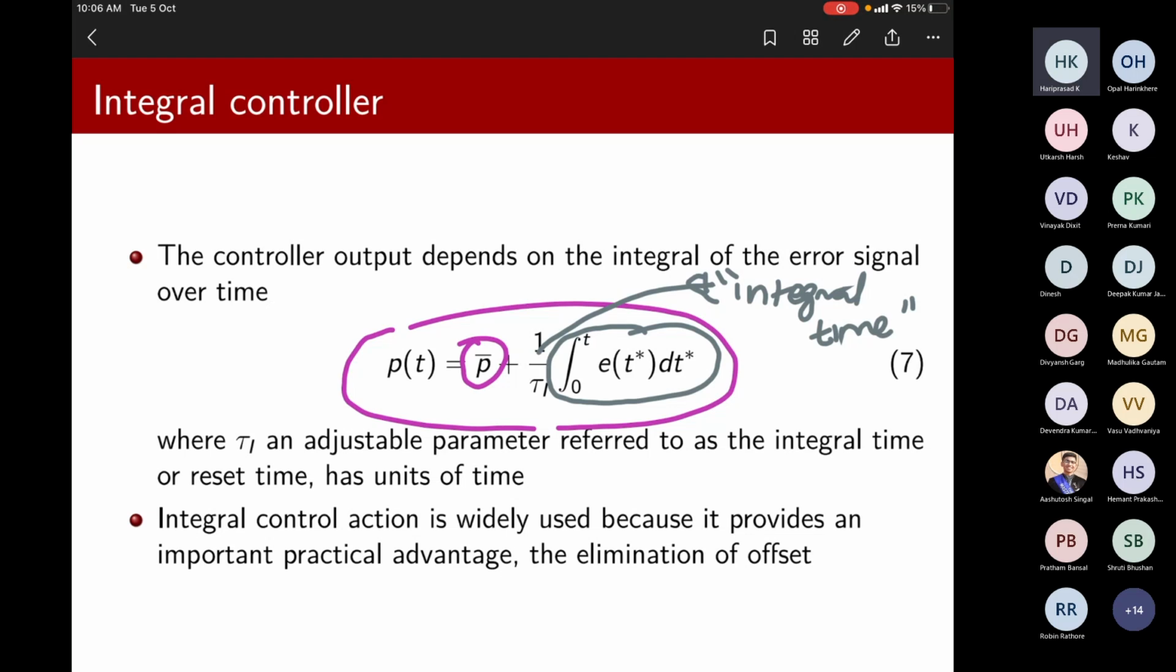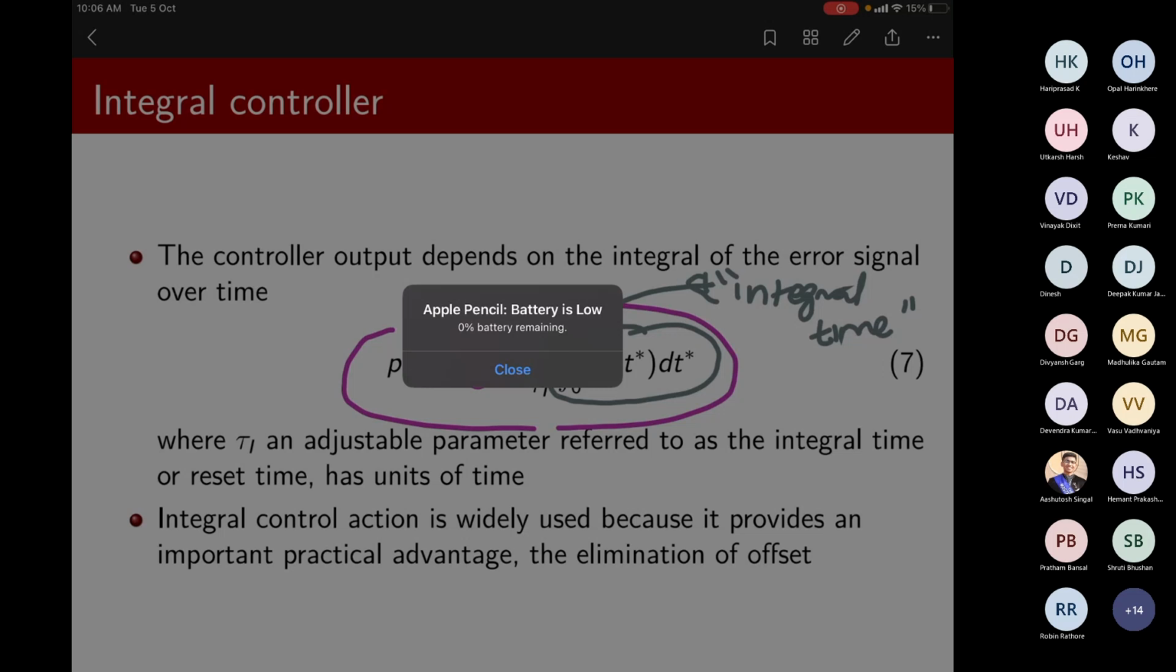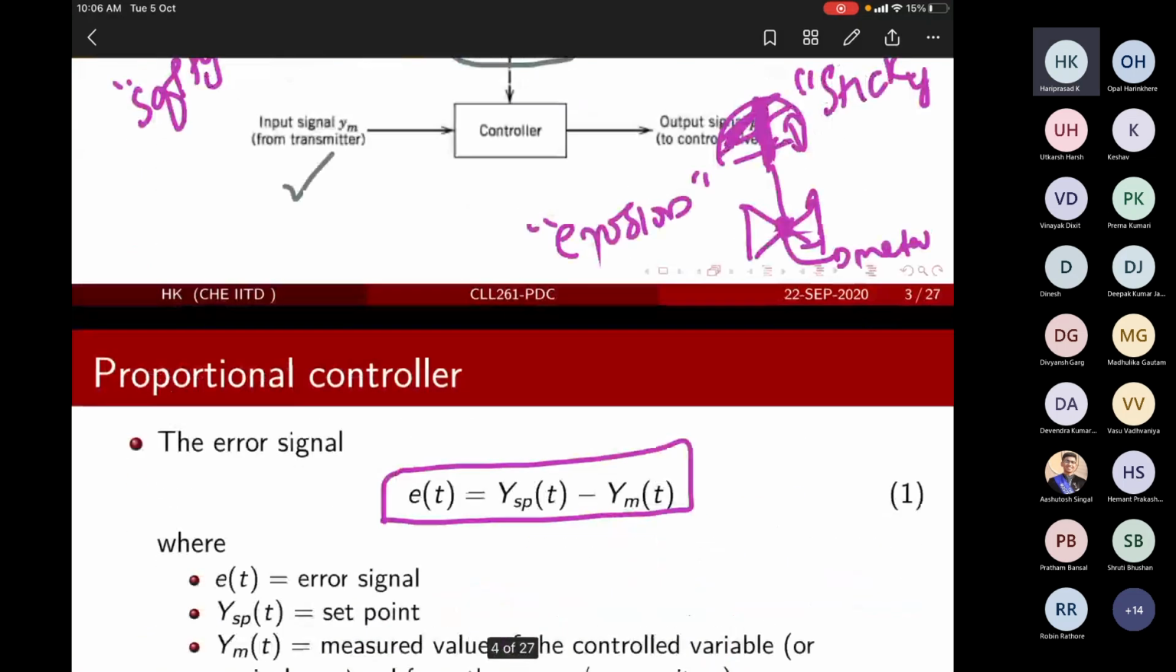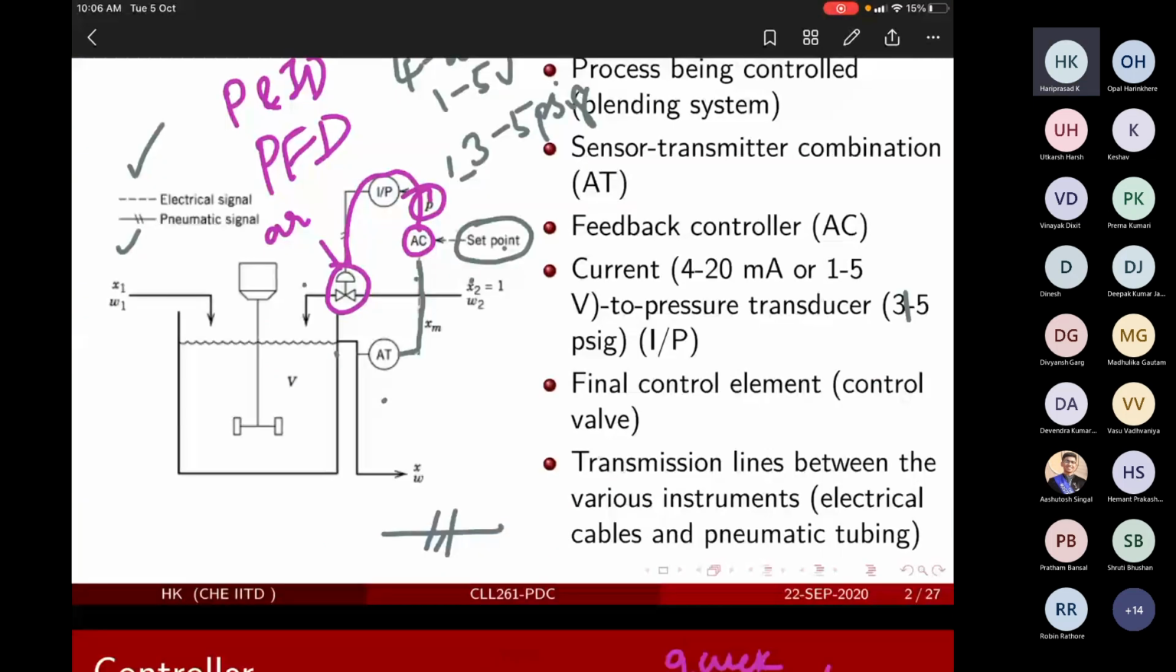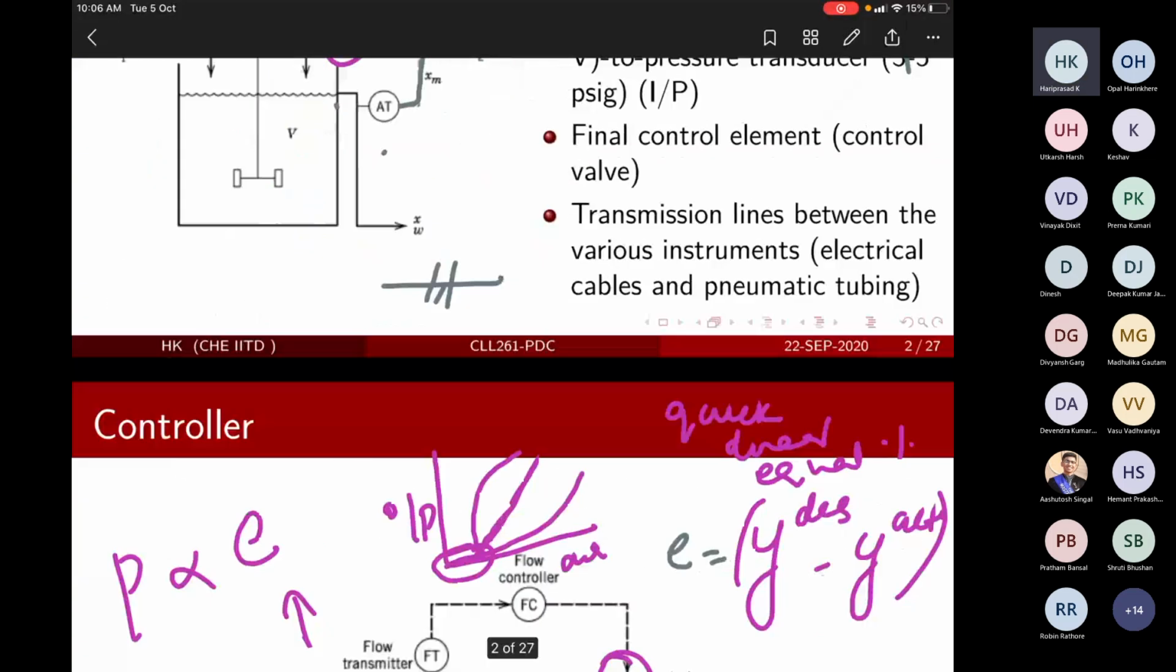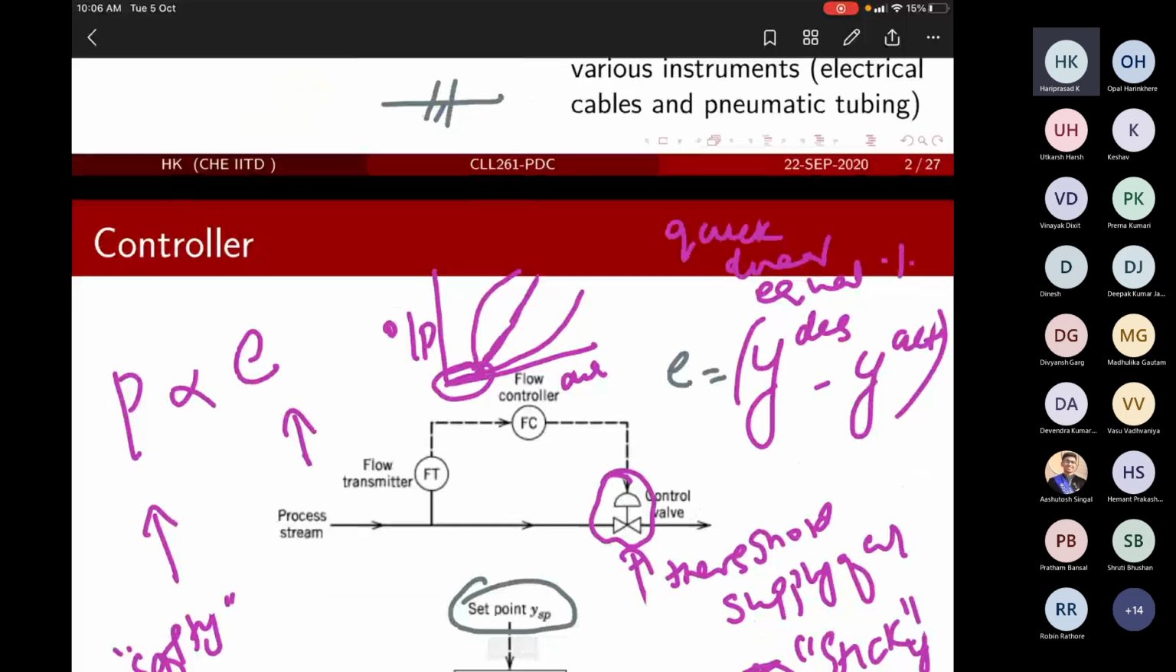So good morning. Let's get started. We are trying to look at various aspects of controllers, specifically feedback controllers, and we have seen some examples of how this is implemented. I also requested you to go back and check how a control room works, and if you could see some videos, how this is applied